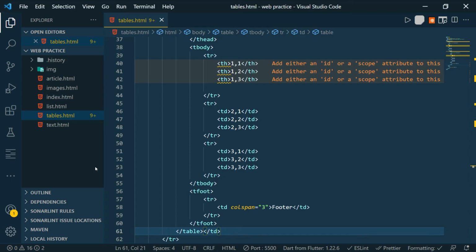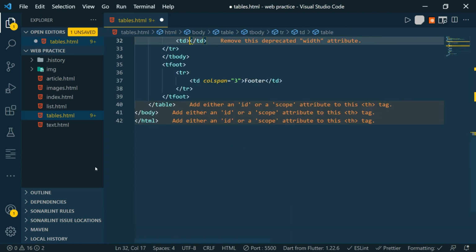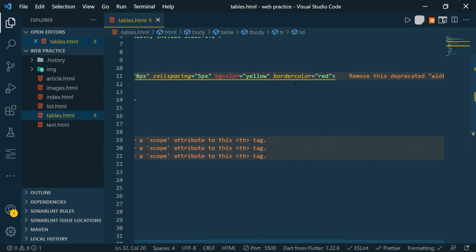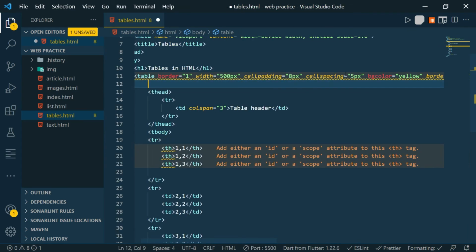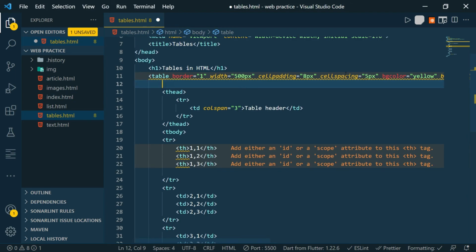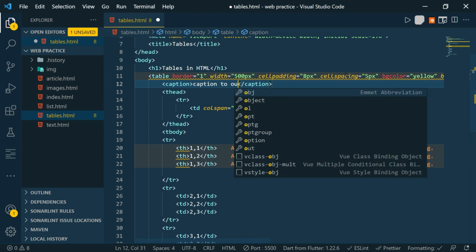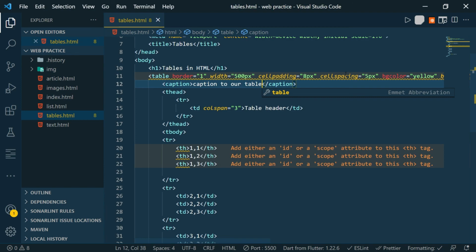So you can make use of it wherever you find its use. That is it for the video, guys. This is all we can do with tables. We'll just remove this. There is a tag named caption. Though it is deprecated, it is no more used. It is disapproved from HTML5. That means in modern HTML this tag is not used, but it was once used. Its name is the caption tag. So we can give a caption to our table, whatever caption you need to give. Using this caption tag, it will be displayed on the top of our table.